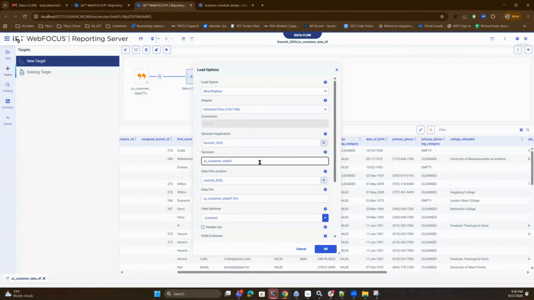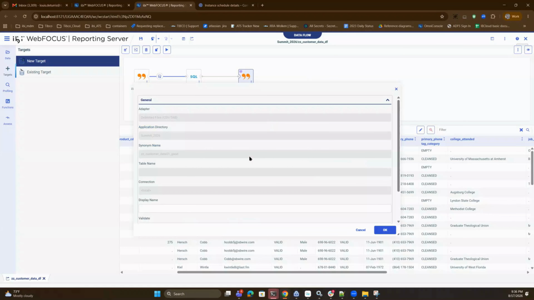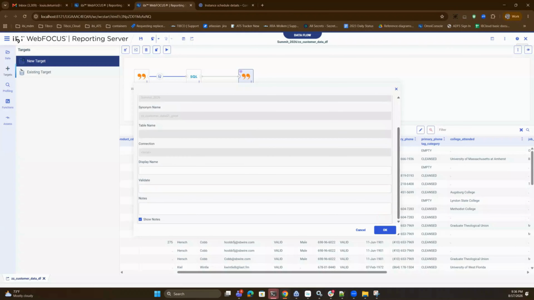And for the synonym for my data file, because I want to do, like I mentioned, good data versus bad data, I want to make sure that my data file and my metadata reflect that. Okay. So that's good. And for my properties, I want to put a validation line in there so I can direct